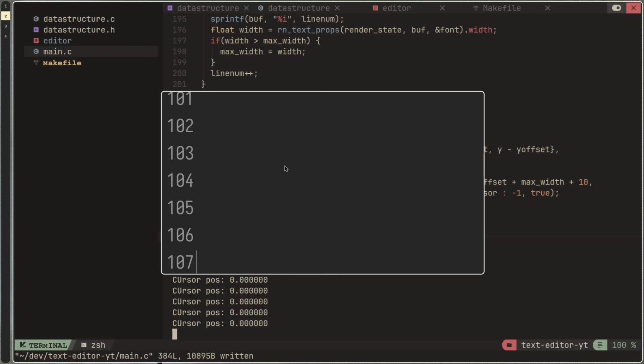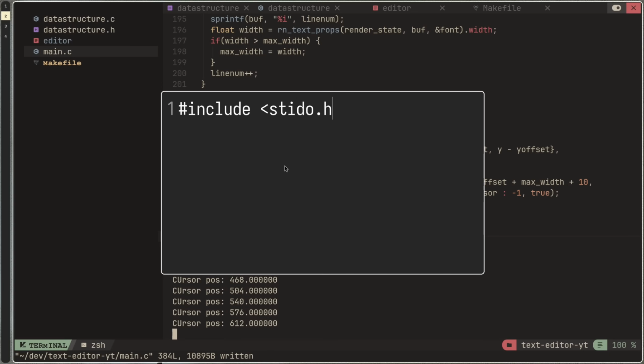It actually works. That's cool, right? That's actually kind of cool. Nice. So hash include stdio.h, int main, int argc, char pointer argv,